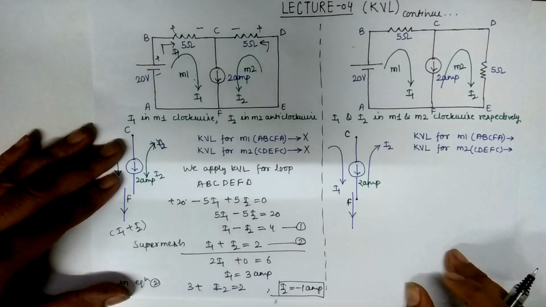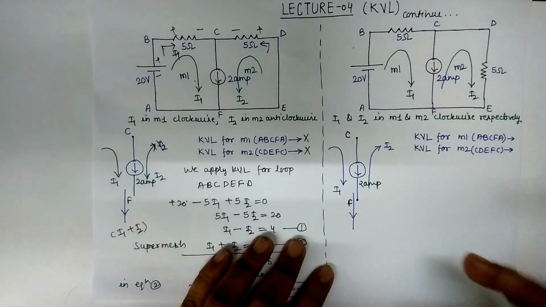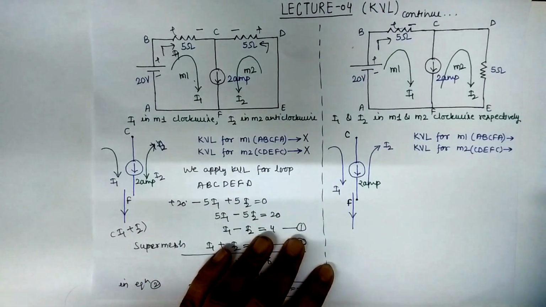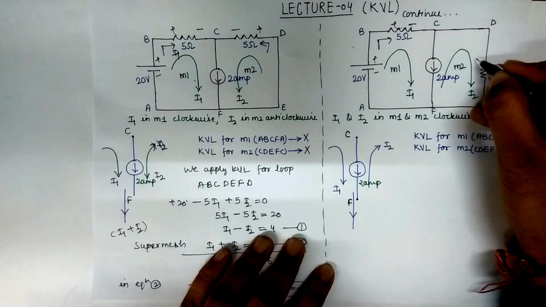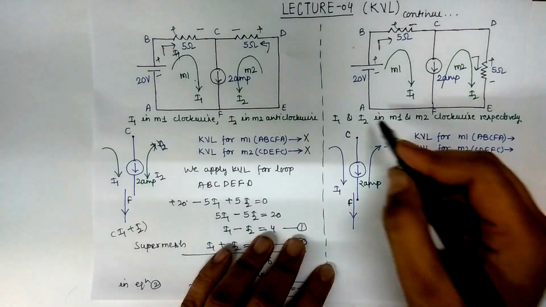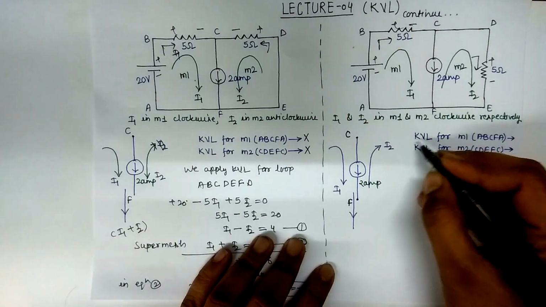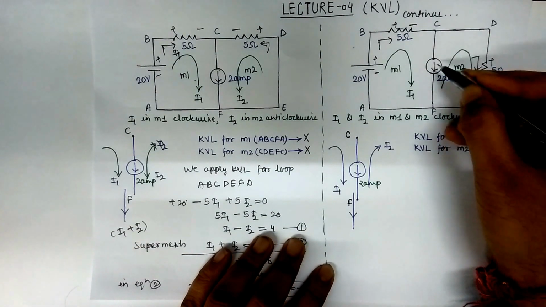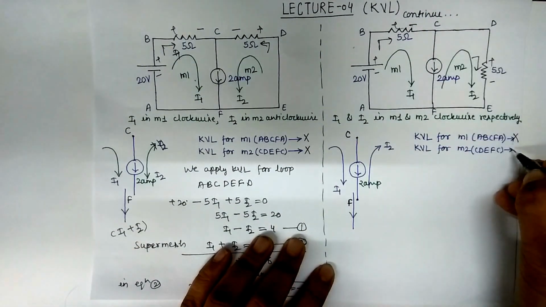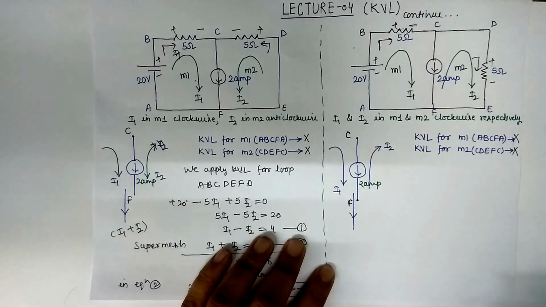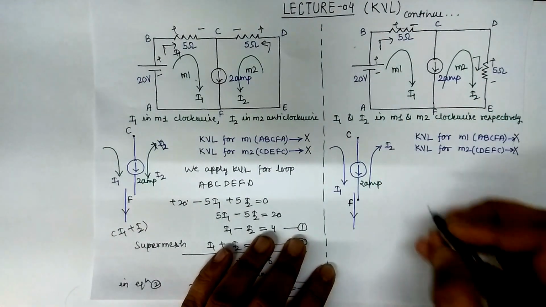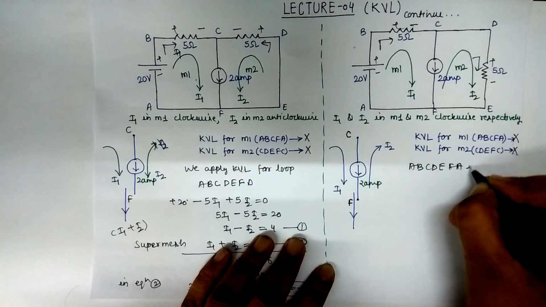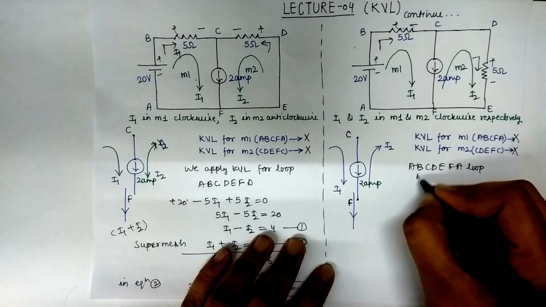Now we can solve this question again using this convention. Now this is positive, this is negative, current flowing clockwise. It would be positive, negative, and here current flowing from this side, this is positive, negative. So we solve this question. Now KVL for this mesh cannot be applied here because in the CF branch there is a current source, and similarly for this we cannot apply the KVL equation directly. So we again consider the loop equation A, B, C, D, E, F, A loop. Apply KVL.